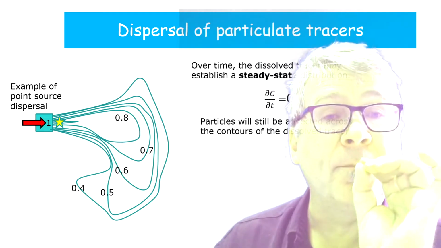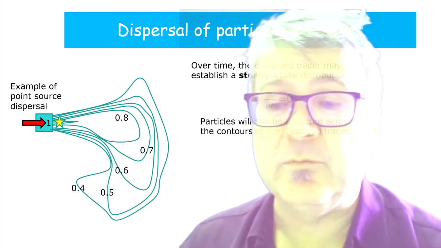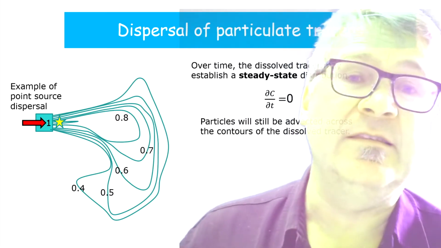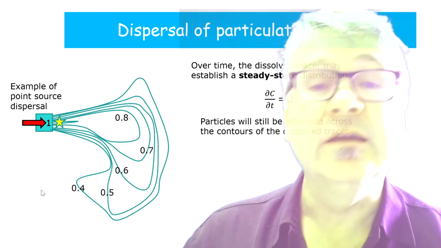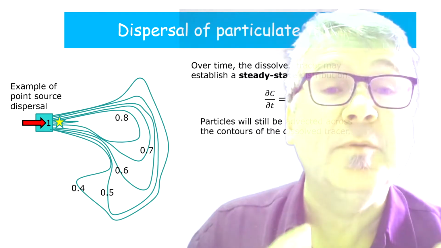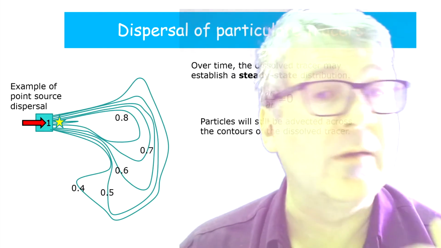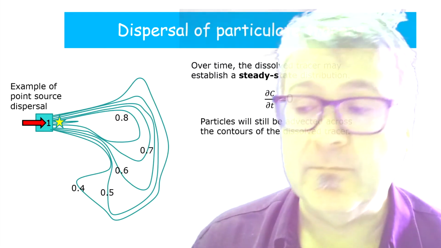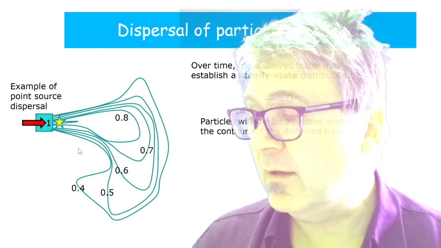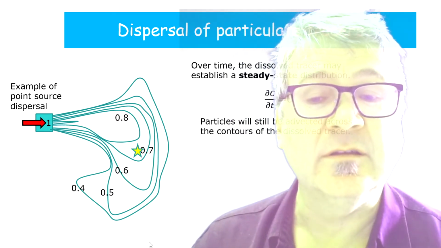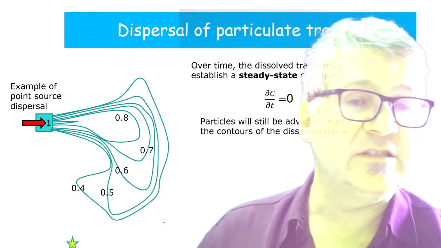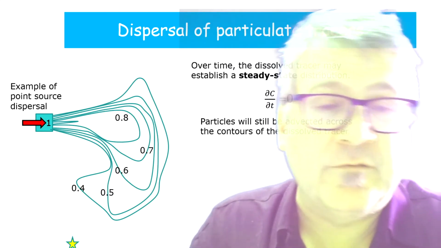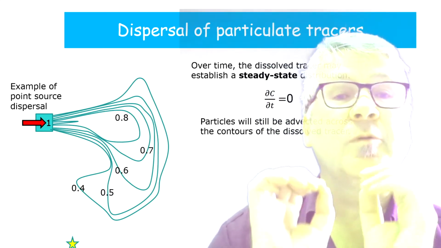But now you add a particle, and this is what I've done here with the yellow star. It's not a surprise in the end that you see the particle will not be subject to diffusion, because you only have one particle, and all it can do is follow the advection pathway. Okay, and I click on it and you see the advection. This is the advection pathway. It might wiggle around a little bit because it gets some random diffusive displacements, but